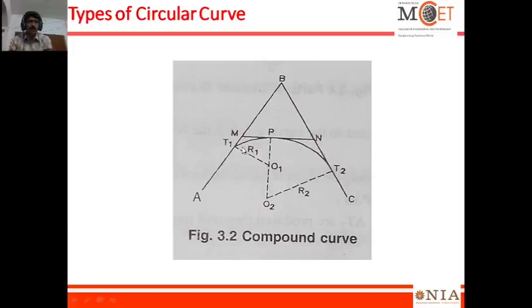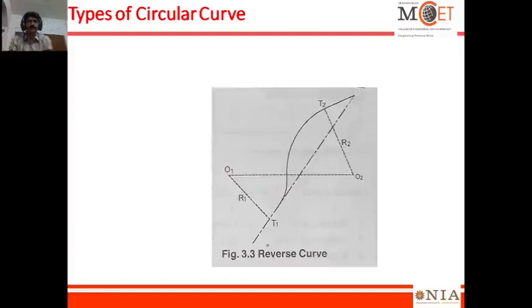So I need to have two pieces of curve with two different radii. For this portion, one radius, and another portion, another radius. So this portion's radius origin falls on the other one's radius, and it looks like a single curve, but the design only knows there are two curves. So this is the compound curve, and this is the